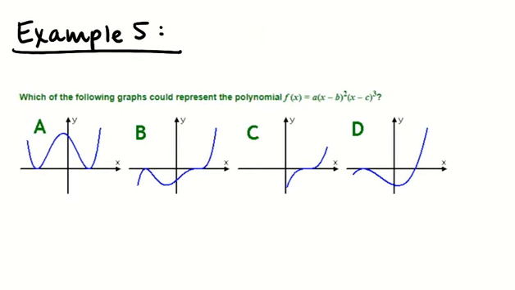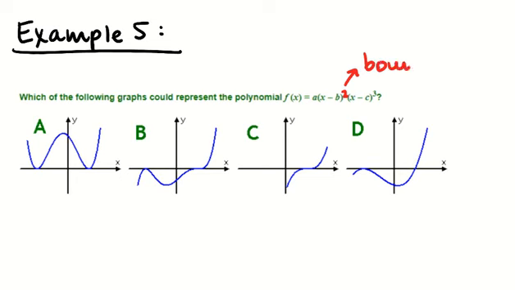Right, before I move on towards the questions about drawing conclusions about the roots of polynomials based on their graphs, I just need to remind you of something about the multiplicities. The question is, which of the following graphs could represent the polynomial f of x given by some number multiplied by x minus some number squared times x minus some other number to the 3rd power? Well, this squared here means we're going to have a bounce on the x-axis at x equals b,